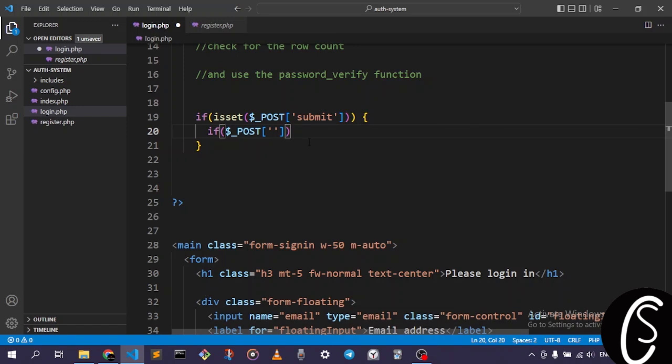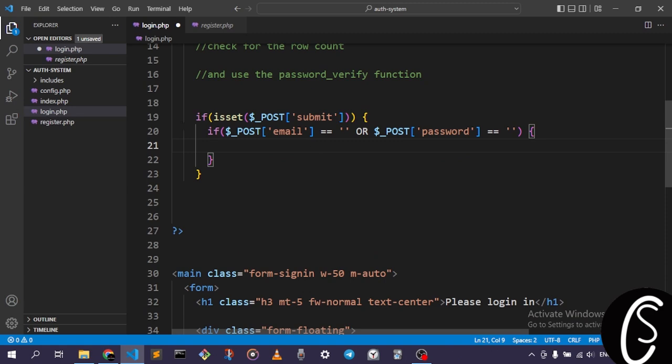And so we're going to say email is equal to nothing, or not and. Let's copy this real quick, and we're saying if the password is equal to nothing,